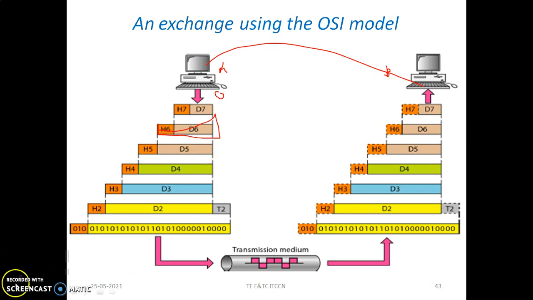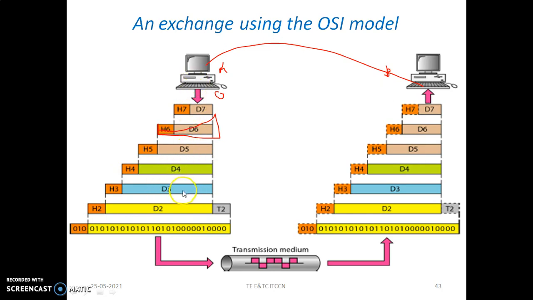So the 5th layer is the session layer. As we have seen, if we progress from top to bottom, briefly remembering A, P, S, T, N, D, P: physical layer, data link layer, network layer, transport layer, session layer, presentation layer and the application layer. So 5 happens to be the session layer. Whatever is the packet with the session layer, along with H5, which has the header with the details about this D5, this whole packet is received by the transport layer. Now the transport layer will add its own information in the form of a header called H4, which will have the details of D4.